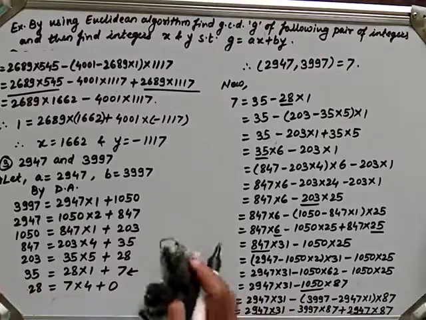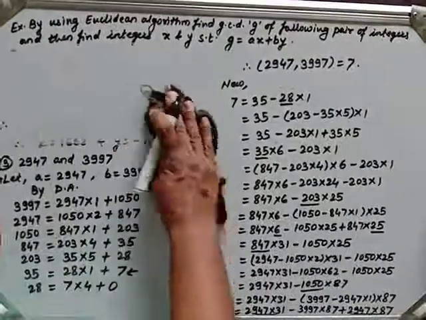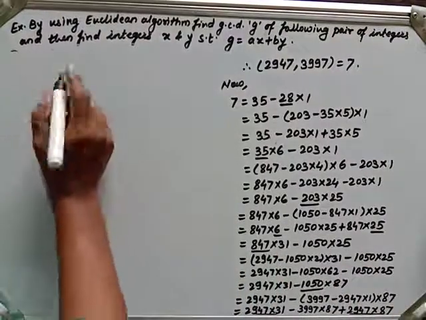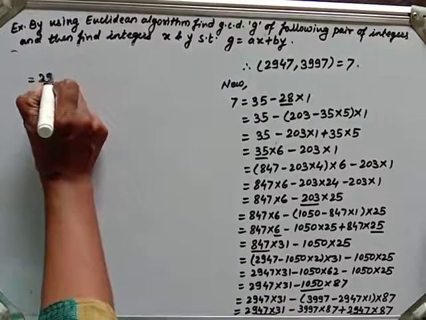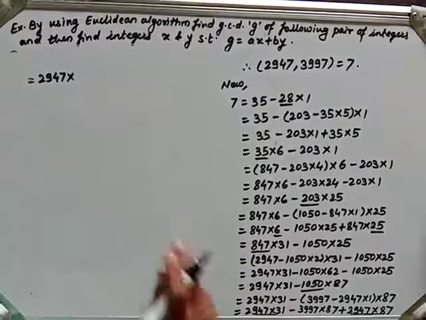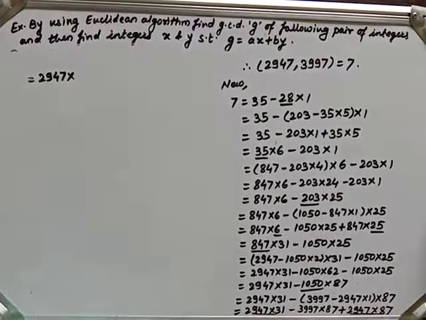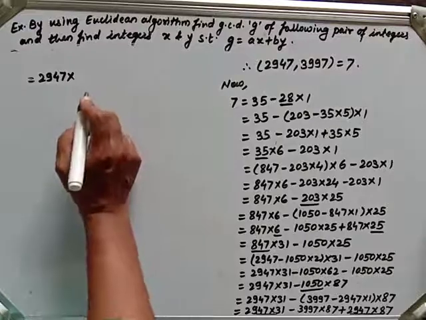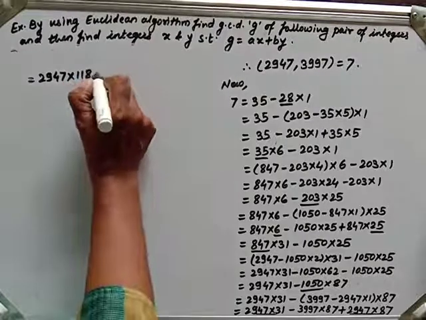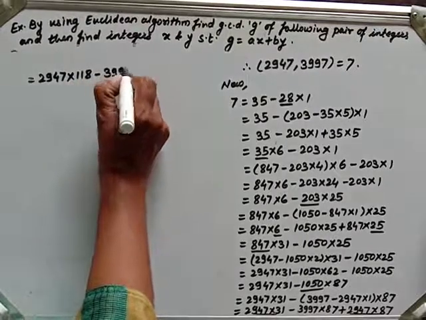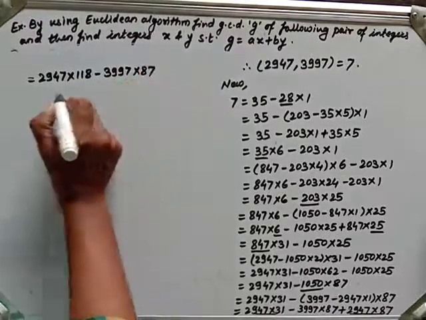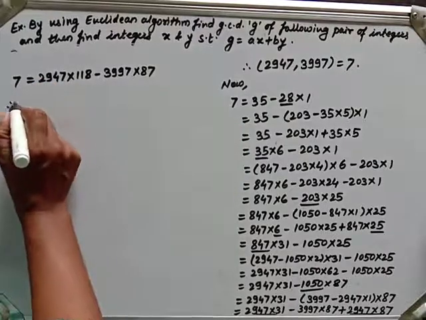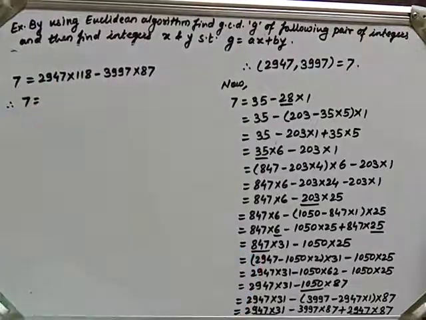So now at last add these two. At last adding them, this is the same as 2947 multiplied by adding 31 and 87. Adding 31 and 87 we get 118, minus 3997 multiplied by 87. So we have started from 7. So 7 equal to this one. Therefore I can write it as 7 equal to